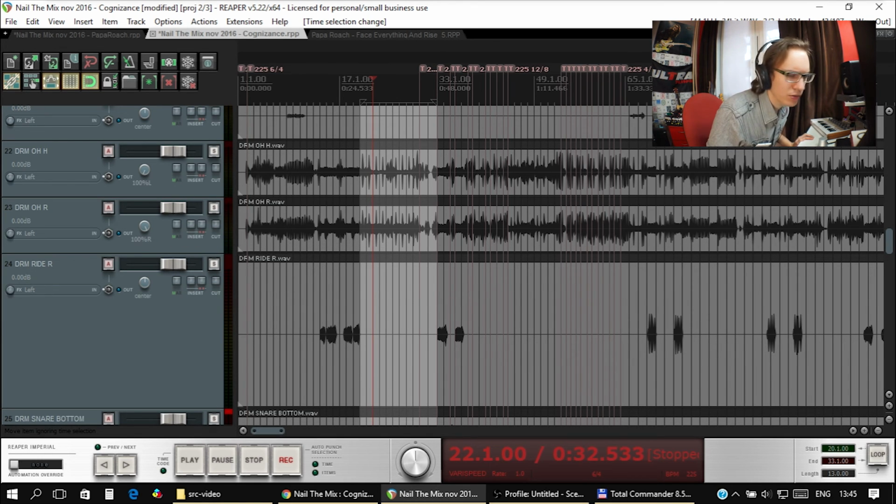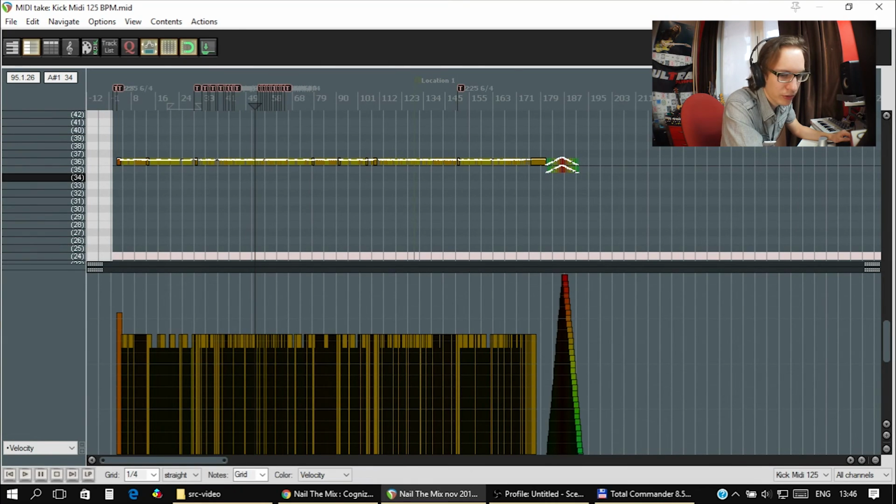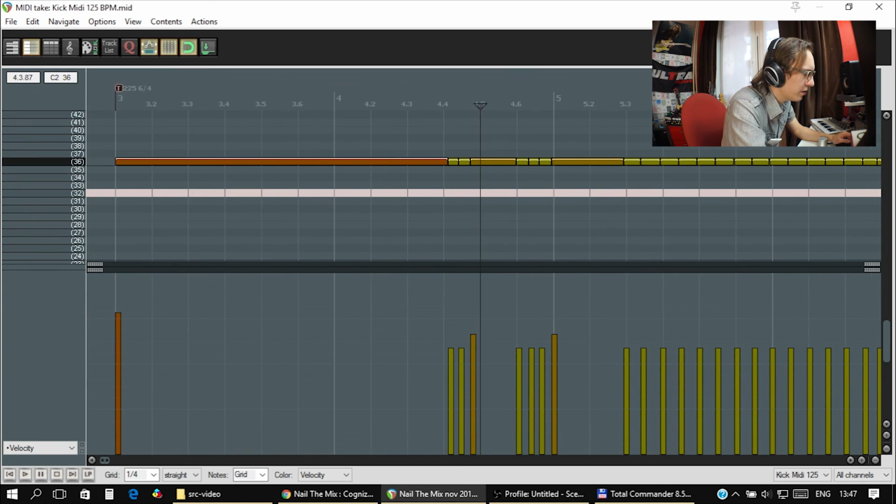One more thing I wanted to check real quick, they provided the kick drum as a MIDI file. I'm wondering if there is a kick drum in the overhead. So I'm wondering, did they use an acoustic kick drum in the session, or did they just add a MIDI file on top of that? I can definitely hear the kick drum on the overhead, so that means they did actually use an acoustic kick drum in the session, but they probably didn't mic it or they didn't record it, so they put in a separate MIDI file, and the MIDI file is